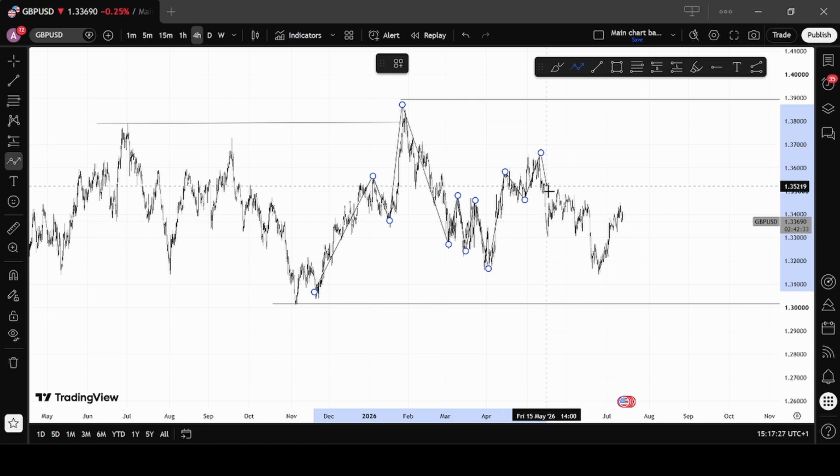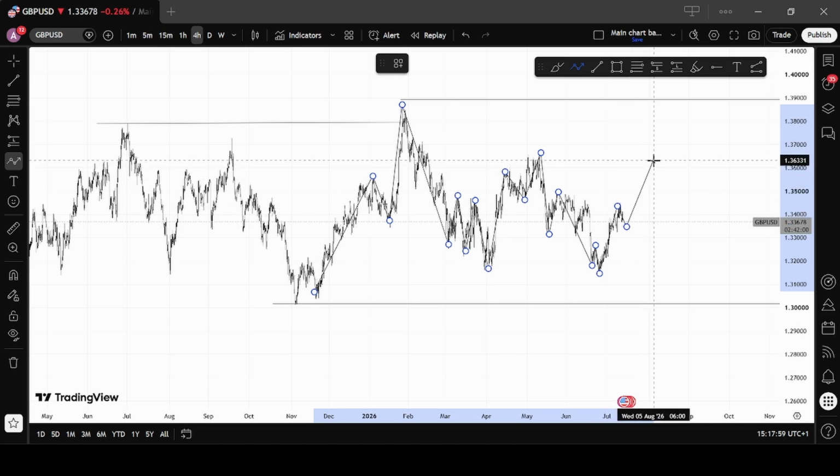The market broke the lower time frame structure, meaning that in the higher time frame, which is the daily time frame, we are bullish. Also in the 4 hours time frame we are bullish, but in the lower time frame, which is the 1 hour time frame, we are bearish. So as you can see what the market is doing there, after the 4 hour break of structure to the upside, and then the pullback,